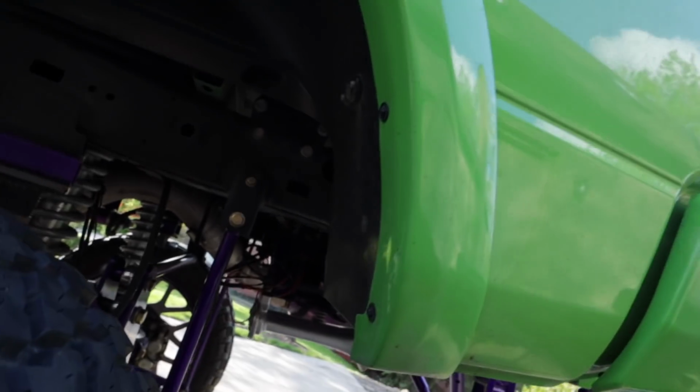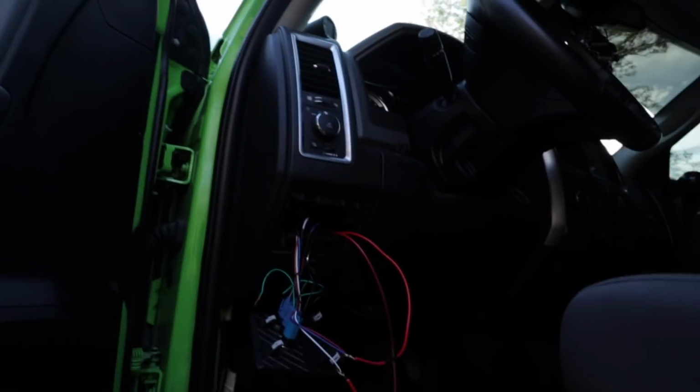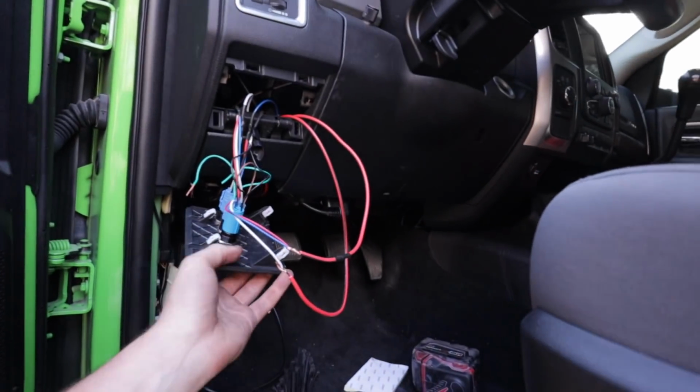Okay, so right now I've got everything hooked up, compressors hooked up, and I've got all the grounds, I don't know if you can see them, and they're all tied together and grounded to the bed. Man-made ground, not a factory ground. I put on that factory bolt, and I just think that it's just not it. Kind of scared here because it's probably going to be loud if this actually works, but...